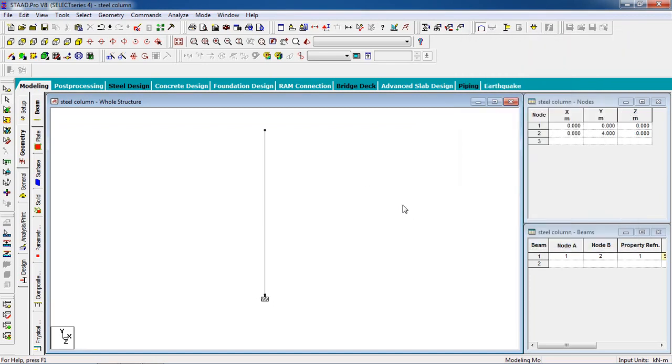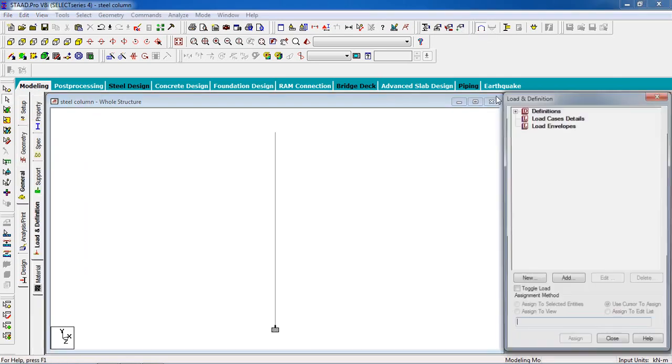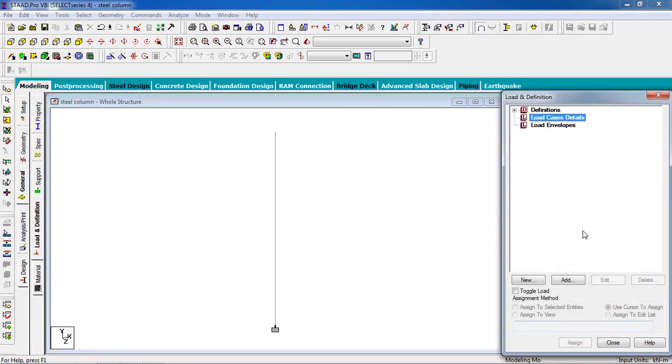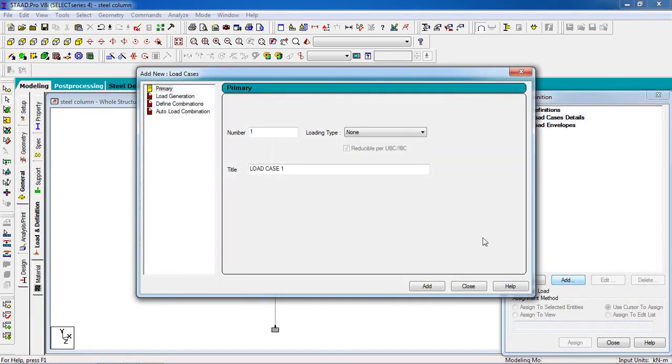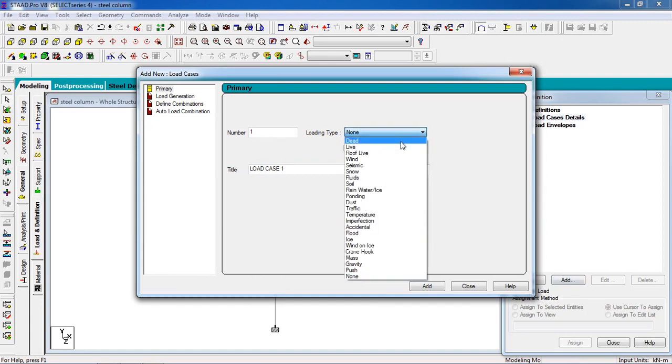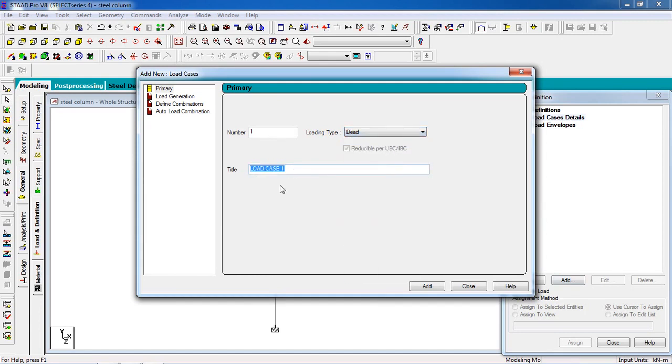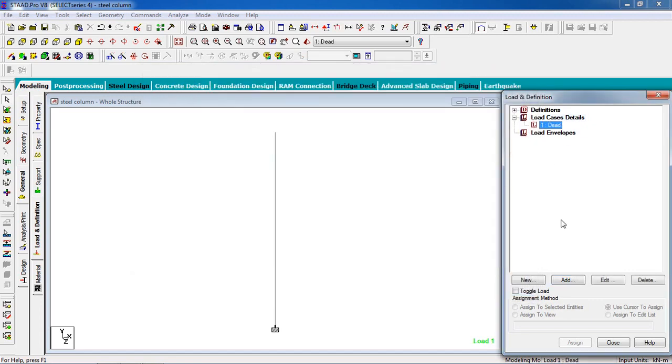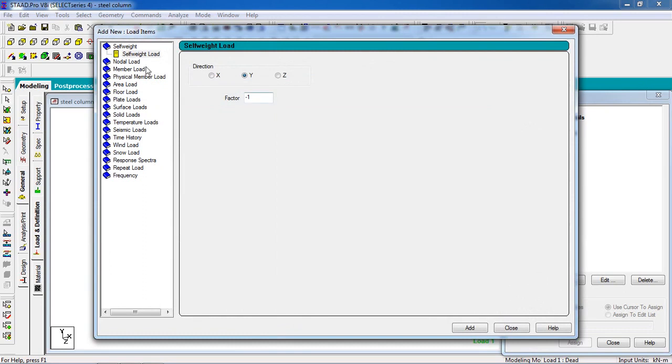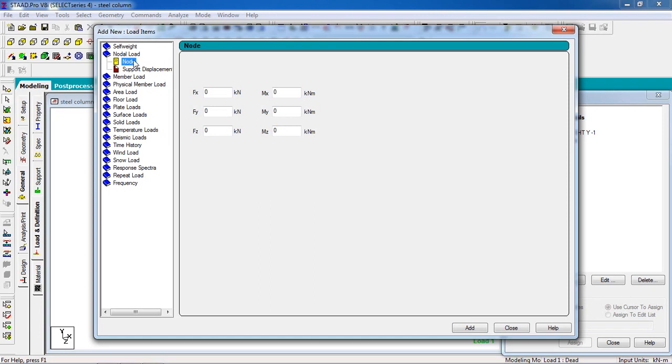You have to give load. For that, go to load page, select load case detail, click add, loading type dead, give title dead, then add it, close it. Select the dead, click on add, select the self weight, add the self weight. Then go to nodal load.